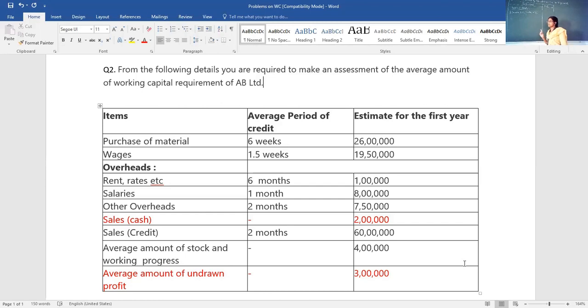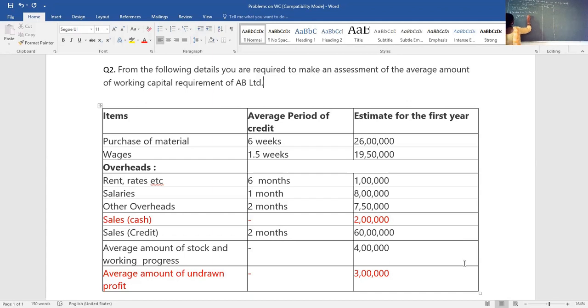Are you understanding sundry debtors? In order to compute sundry debtors, I will include 3 types of cost called raw material cost, direct labor cost and overheads cost. But in this question, we are not going to bring the breakup here because the sundry debtors value or the amount is directly given to us. Okay. So how much is sundry debtors? For your understanding, I've just written as sales in terms of credit. So it is 60 lakhs.